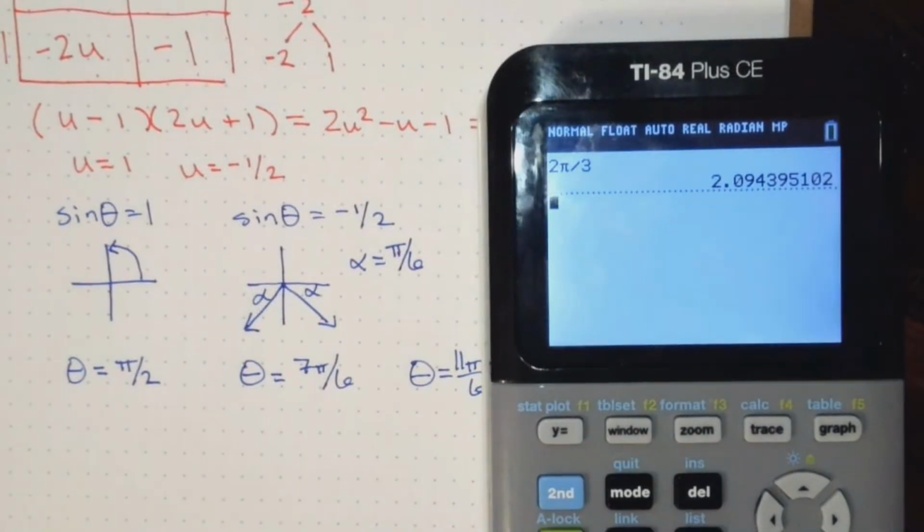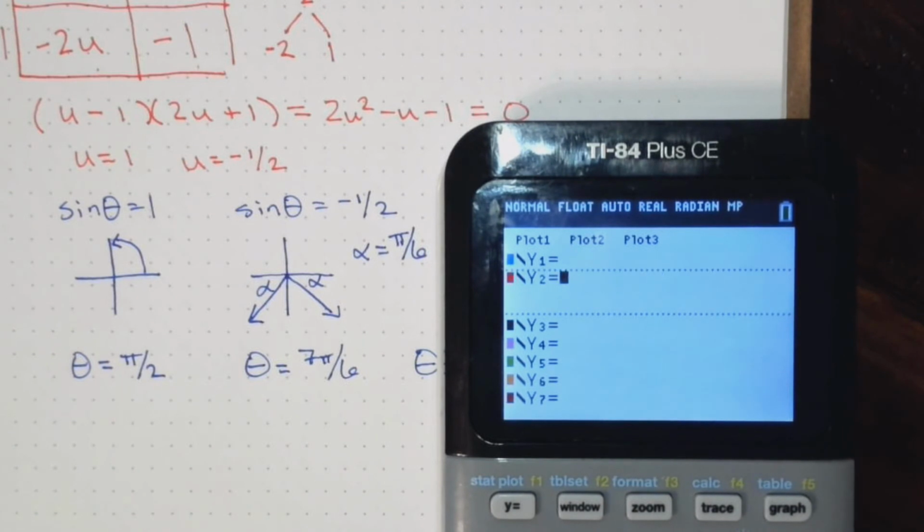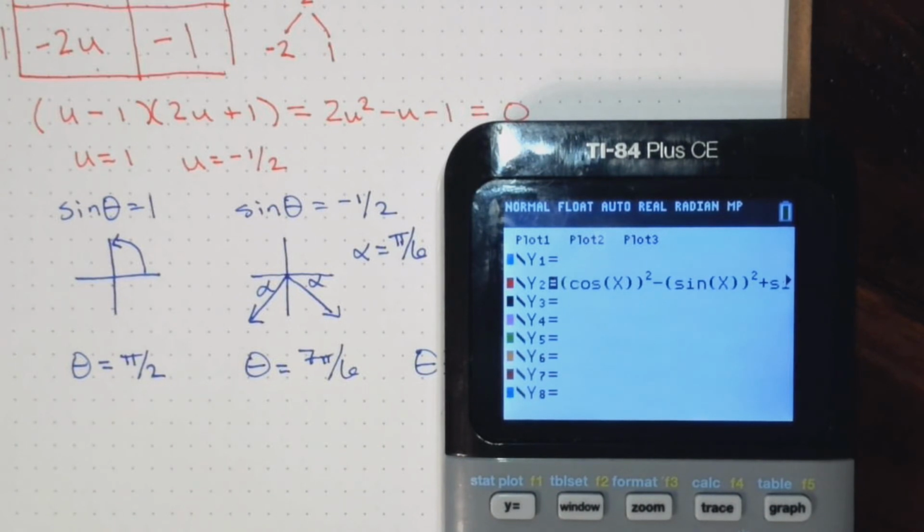So I can turn on my calculator, and I could come over and just double check, come to y equals, clear out my previous equations, and I have the cosine function squared minus, and look at the use of parentheses, the sine function squared plus a sine function,